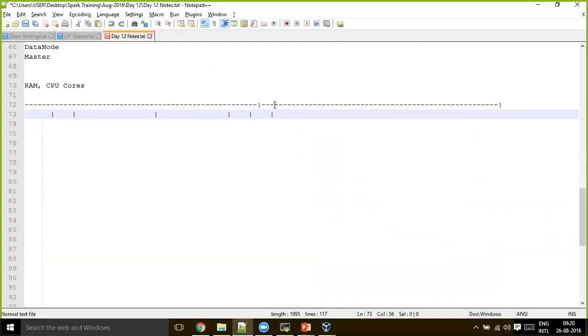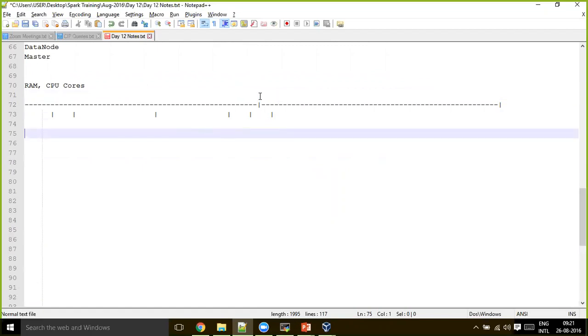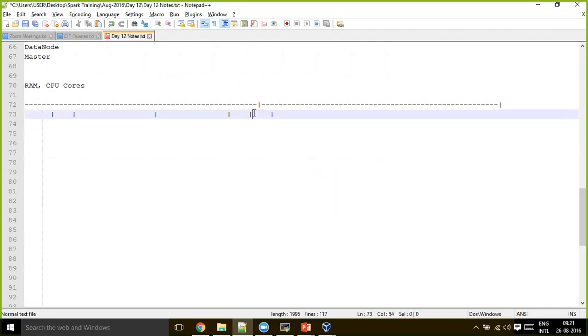When you talk in terms of HDFS blocks, it breaks exactly in the middle of the record; it doesn't care whether it's the middle or end of a record. But at the time of processing, if you read only half of the record, it can't make a decision on that record, because the employee name might be on this side and the department on this side. To avoid such scenarios, up to the end of this line is considered one input split, even though the block ends here.